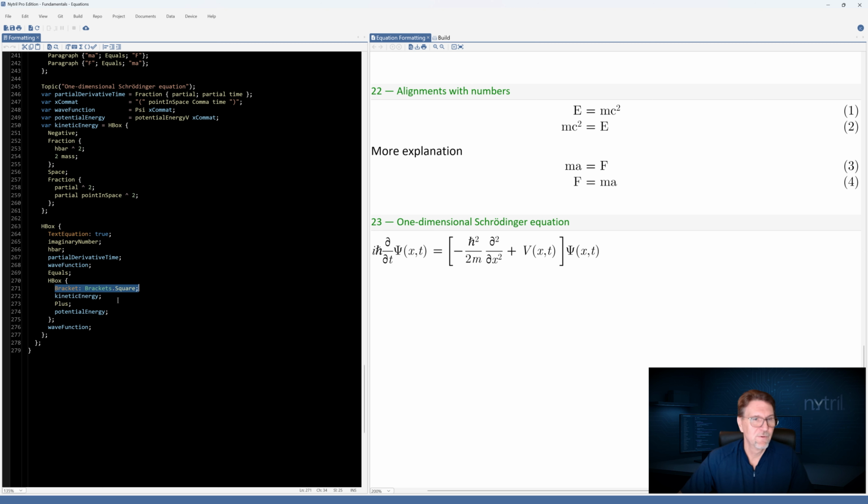Right? That's perfect. And in there, very simply, kinetic energy plus potential energy. And then right outside of those brackets, we put another wave function. And this is a simple layout for this rather complex equation.